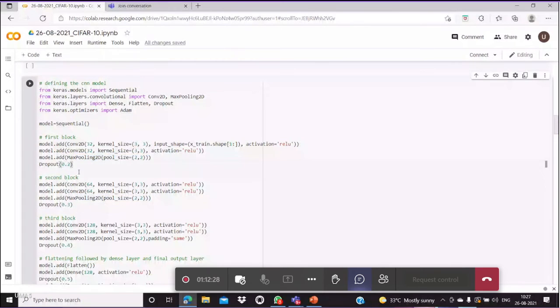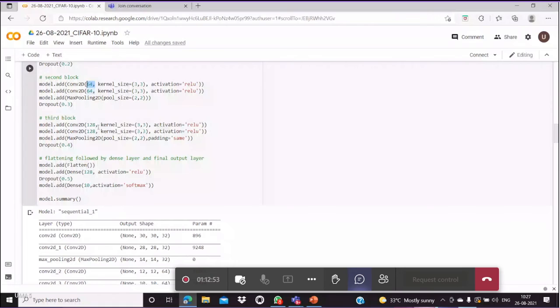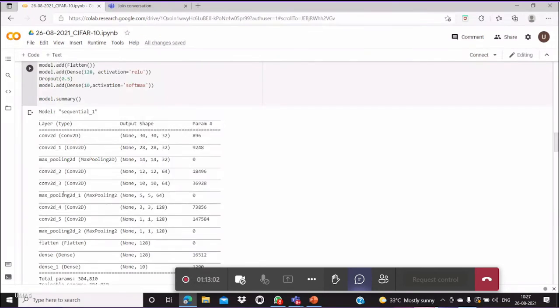This is the first block. Dropout layers we can apply if any neurons are not activated, so that I can drop them out and the training and cost time will be reduced. Next, in the second block, again I'm going to apply the same thing, with the same kernel size, but here the filters will be increased. Next, the third block will similarly keep increasing, and dropout layers are applied. Finally, the flattening layer is applied to get the parameters from the third block.